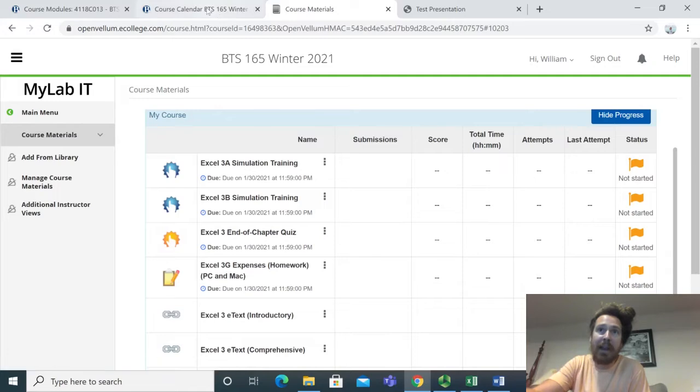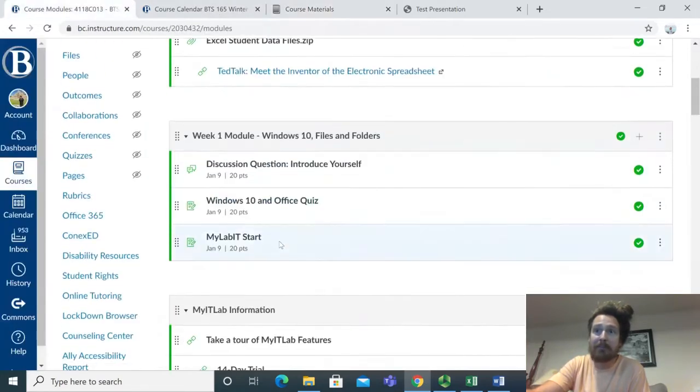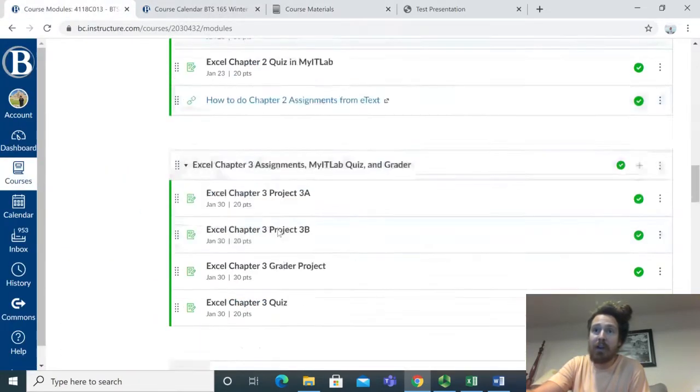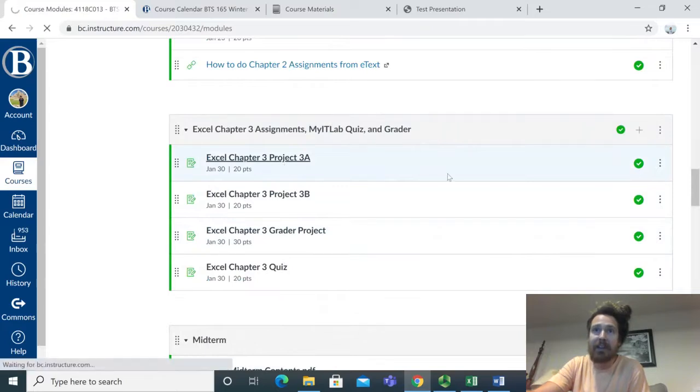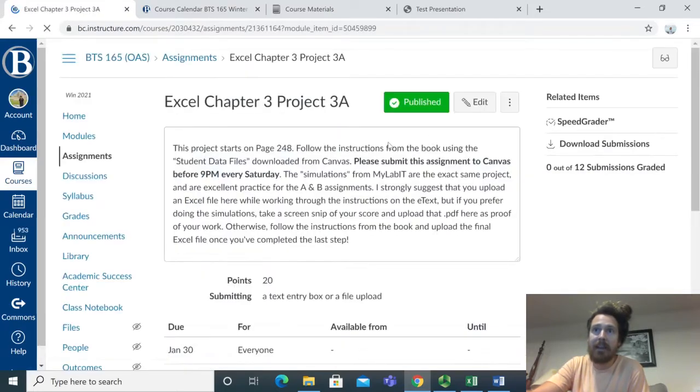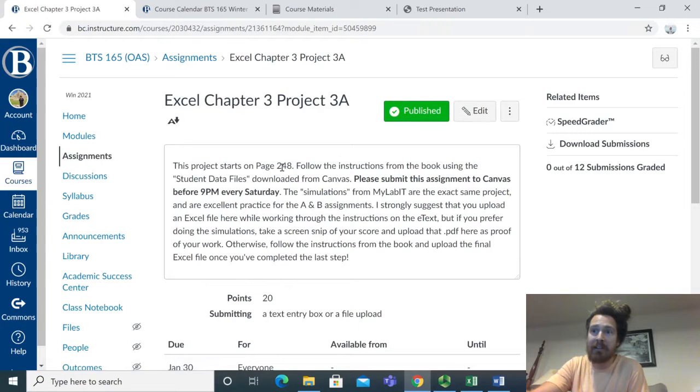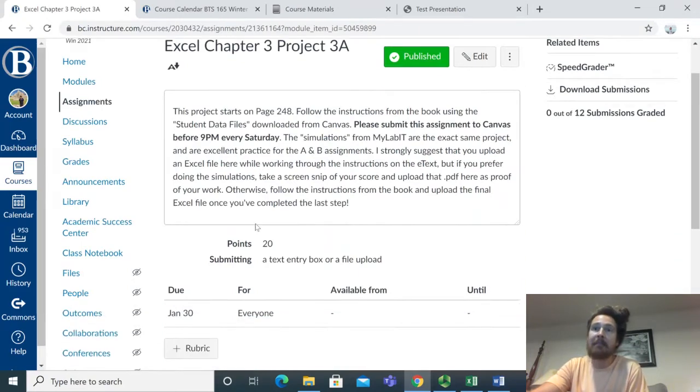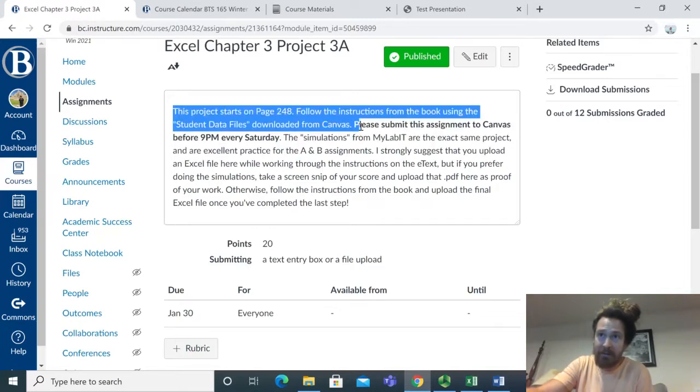Now, I've told many of you that I prefer that you do it by the book. So if you go ahead and click into here, it'll tell you which page to start on. So here we're starting on page 248. You're going to use the files. If for whatever reason you choose to do the simulations, which I recommend doing it by the book, doing it as outlined right here, and then uploading your Excel document back to Canvas when you're done, that's the best way to do it,